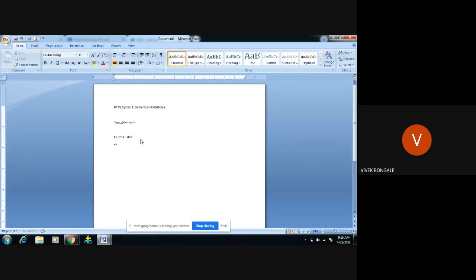For example, if I write SVIT college, I want to display this word in bold, as a header in my document. That is why I place this content in the element h1, and we close it. Whatever element we open should be closed. That is the basic rule we need to follow while writing any HTML code. So SVIT college is the content.